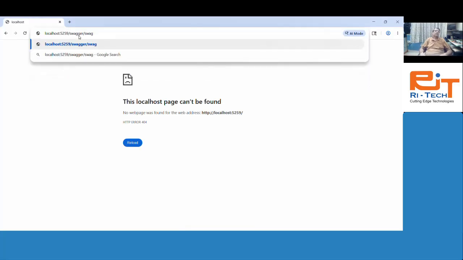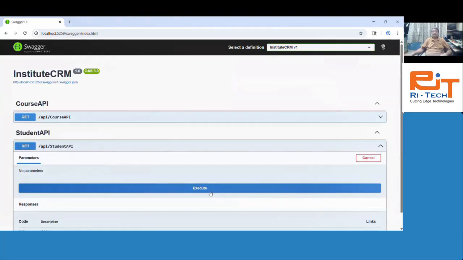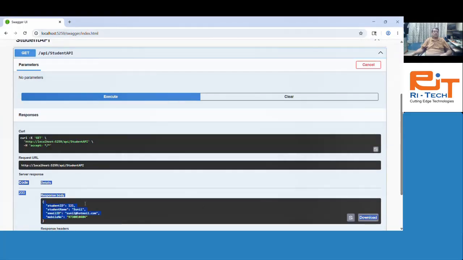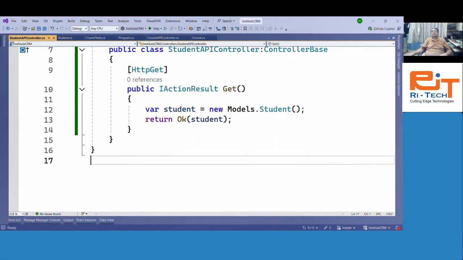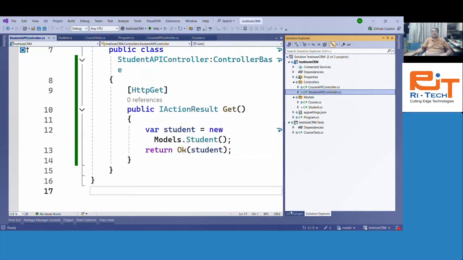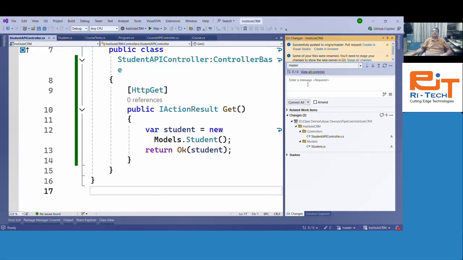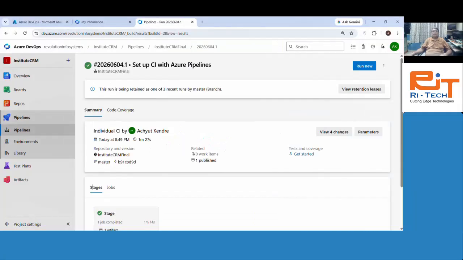Now here we'll use Swagger to get student. We are getting the data. Everything is perfect. Now let's commit this to the main branch. Now I'll push it here. So once we push it,